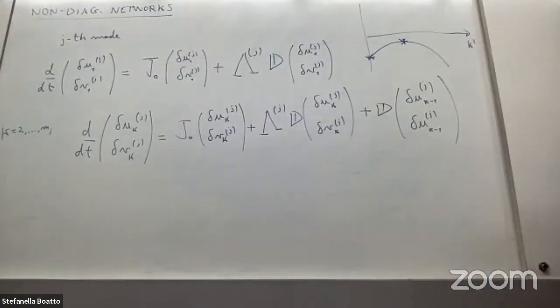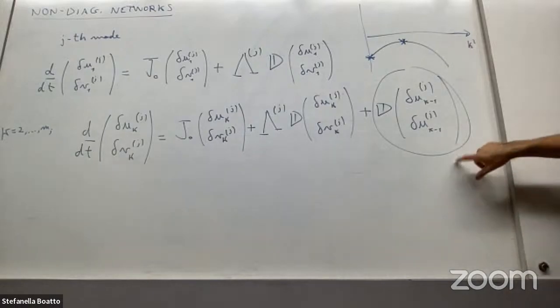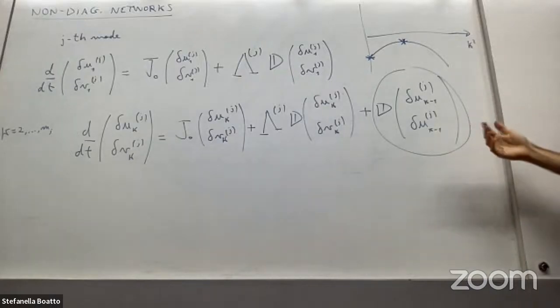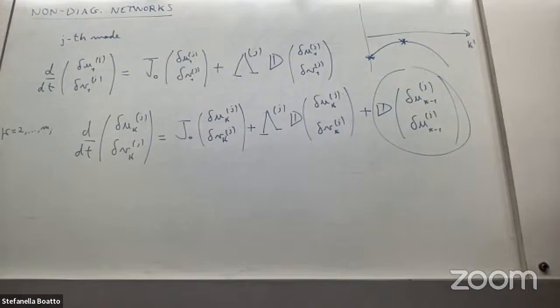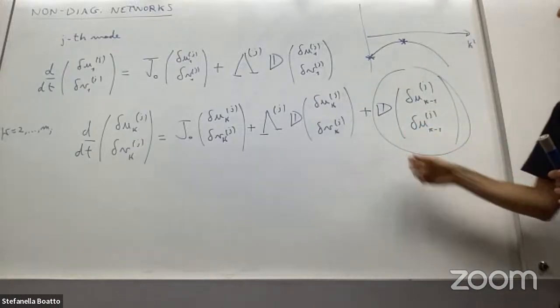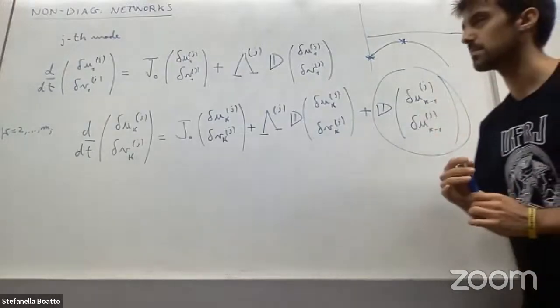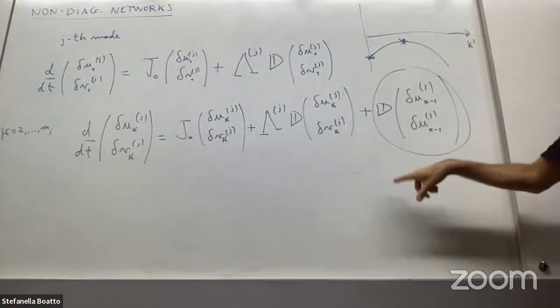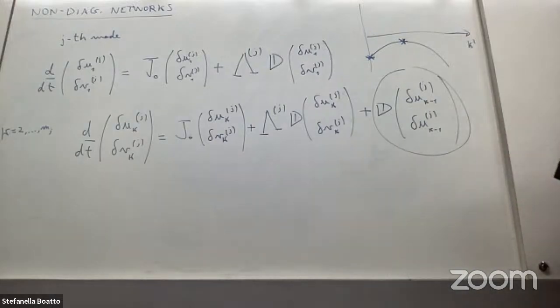This we cannot. And we have this contribution that is a positive contribution. So here you might think that you are stable, but actually you have a hidden contribution that makes you go unstable, but you cannot quantify it. The only thing you know trivially is that if this mode is unstable, all the others will be unstable as well. But here you don't know. And so next time I will talk about non-normality, because networks that are non-diagonalizable are non-normal, and it will be clear why. It's not only because of the minus one. We cannot know,